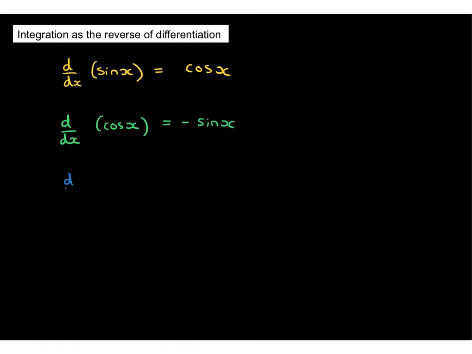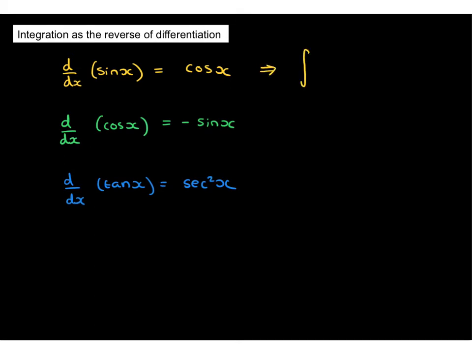So we're going to start off by reminding ourselves that integration can be considered the reverse of the differentiation process. And we know that if we differentiate sine x, we get cos x. If we differentiate cos x, we get negative sine x, and if we differentiate tan x, then we get sec squared x. So from here, we can then think of these processes in reverse,